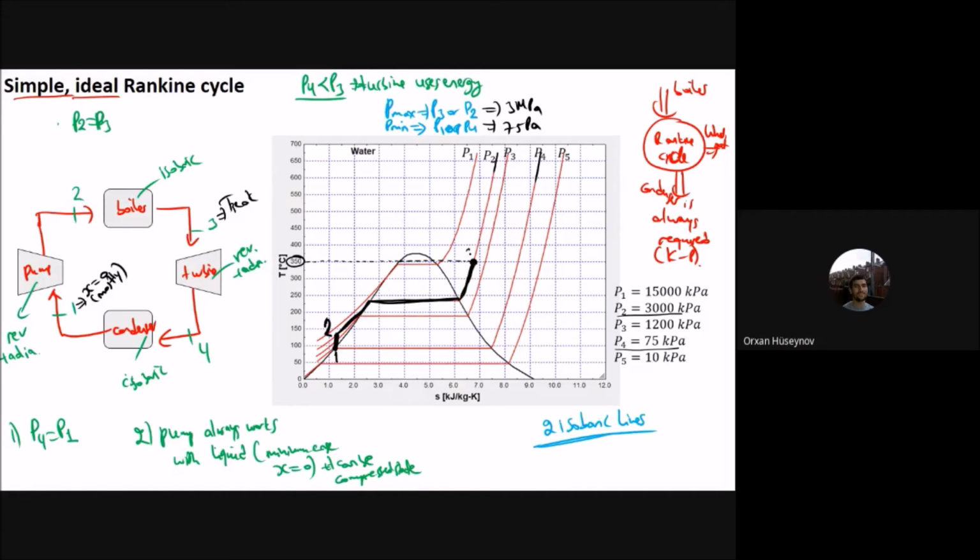This is 3. And then from 3 to 4, you have the turbine, where entropy is constant, and you will go in the vertical direction. So I will have something like this, reaching the initial pressure, which is 75 kilopascals. Now let me write it. This will be point 4. And if I combine it,